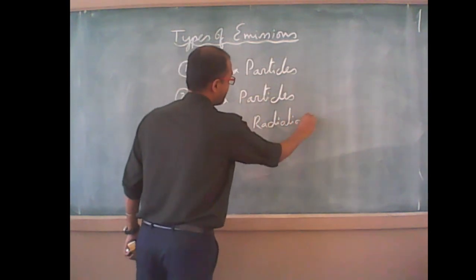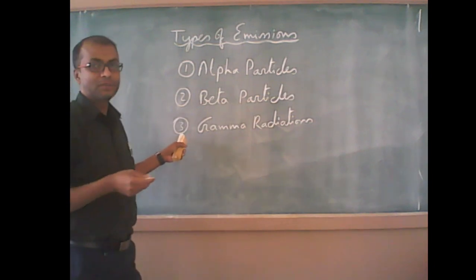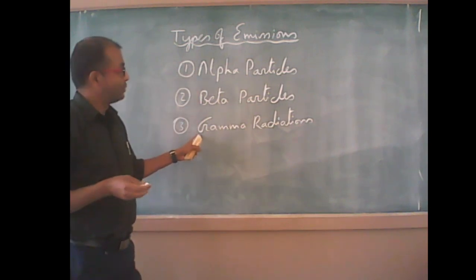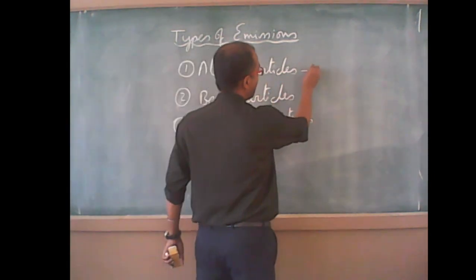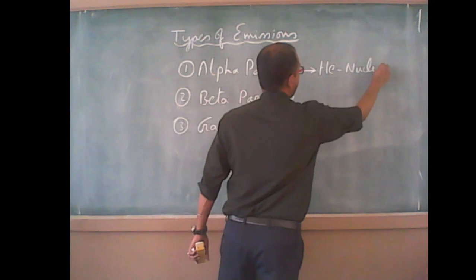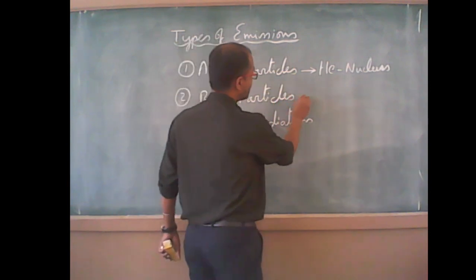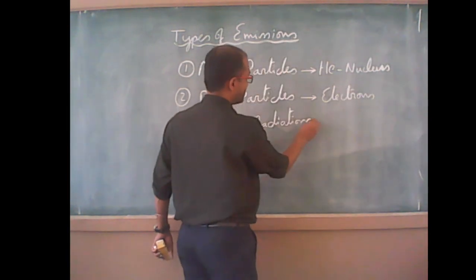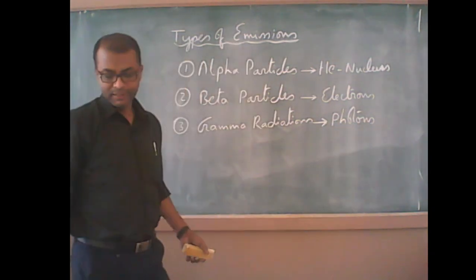So after the discovery of radioactivity, a lot of analysis was done to study the properties of these alpha, beta, and gamma. It was found that alpha particles are nothing but a doubly ionized helium atom, which means a helium nucleus. These are helium nuclei emitted from the nucleus of radioactive elements. Beta particles are streams of negatively charged electrons, and gamma rays are energetic photons that are emitted from the radioactive substance.